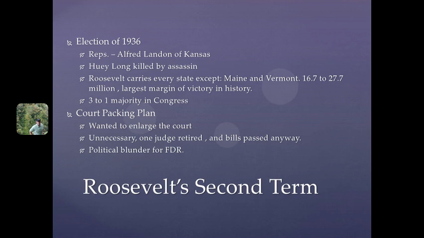So you can't change the justices on the court, right? Because they're there for life. But there's no stipulation in the Constitution on how large the court can be. So he tries to enlarge the court, right? He tries to push this bill through. Okay, the problem is that this is going to step too far. Most people are going to be outraged by FDR doing this, and they're going to see him as yet again taking too much power and overstepping his mandate as the president.